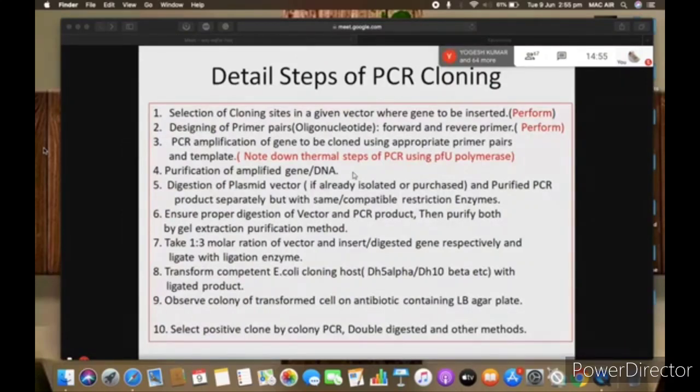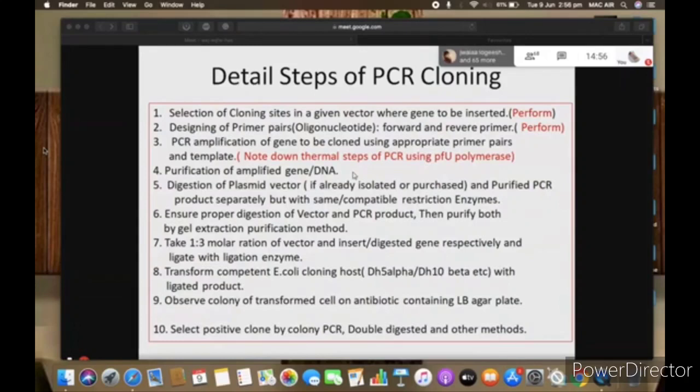If you are not getting any non-specific band along with your amplified product, then you don't have to run the remaining 45 microliter on gel. You just purify it by adding some TE buffer and phenol chloroform, and then do the purification process. Or sometimes you can use a kit for PCR purification.